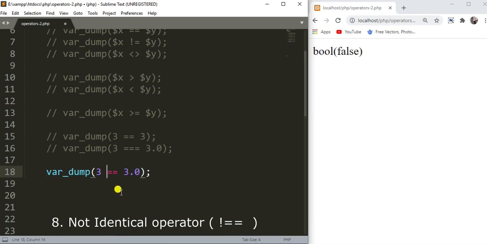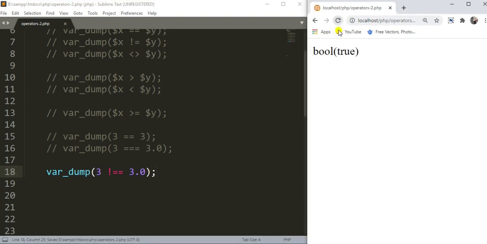This is the symbol of the not identical operator. You can see that these are not identical because this is an integer and this is a float data type. So it is going to return true because this operator is checking whether this is not identical to this value. You can see the output here.